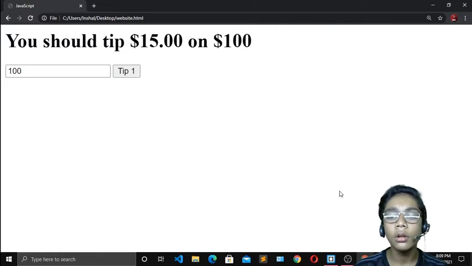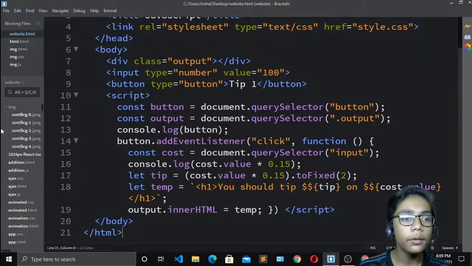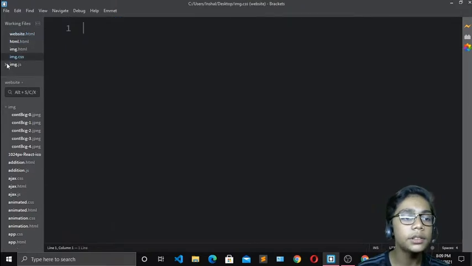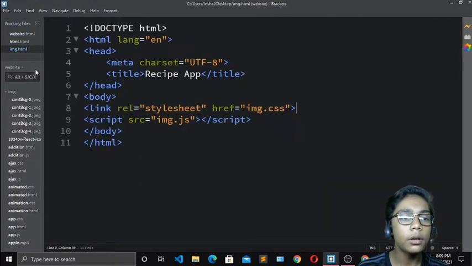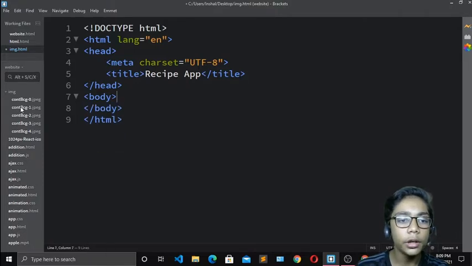Now for making that, you have to open your text editor, which is called Brackets, and over here I have created these files. I will delete these files because I will work with only my HTML file. First of all, I will not link any style sheet. I will write the style tag and design it in my HTML file only, like I've told you how to write JavaScript code in an HTML file by writing the script tag. We will define all the JavaScript in the script tag.